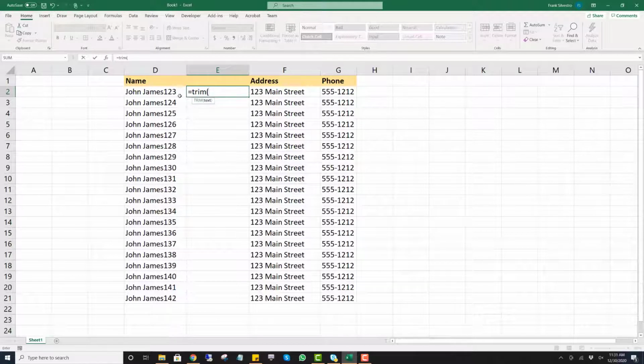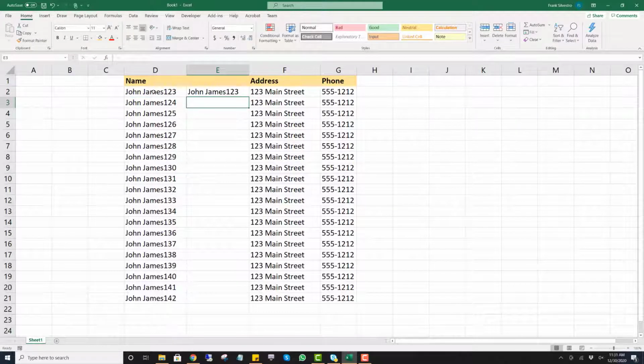And you click on this cell D2 to the left here, and that tells it you want to trim, or get rid of all the spaces before and after, of cell D2 and put the result in E2. So if you hit return here, you can't necessarily see the result without the spaces,